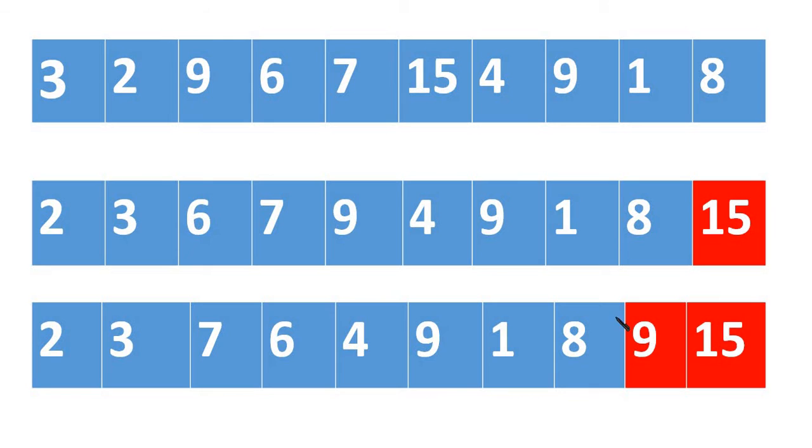In the next iteration it won't check for the whole array because these two are already in position. The array will become shorter every time for checking. So it will check only this part of the array again. It will keep on reducing, and once everything is sorted, your program will exit. This is how it works. It looks like a bubble, right? Exchanging between the adjacent positions, it looks like a bubble comparison and moving. So that's why it's called bubble sort.